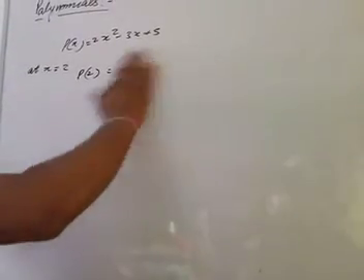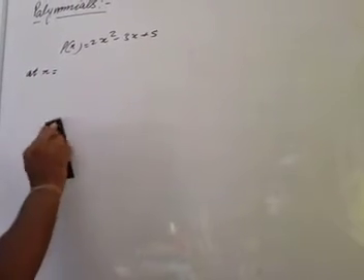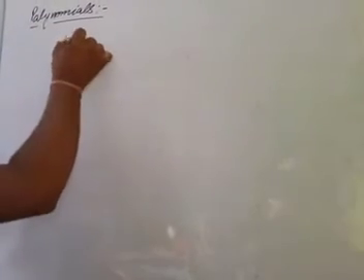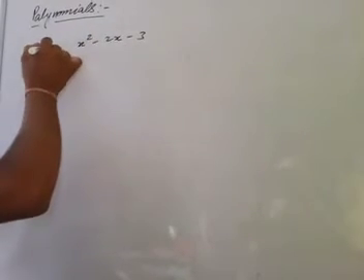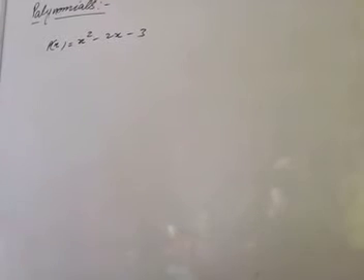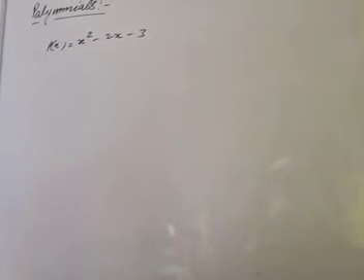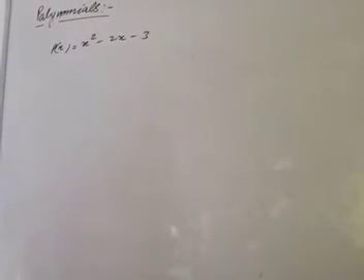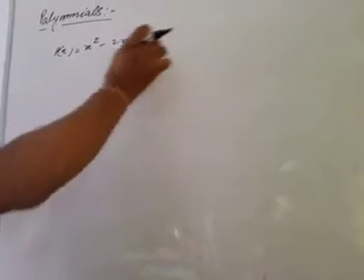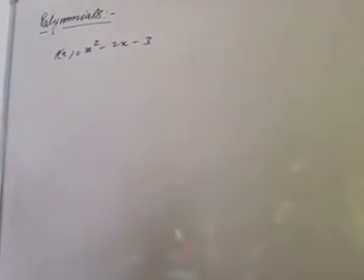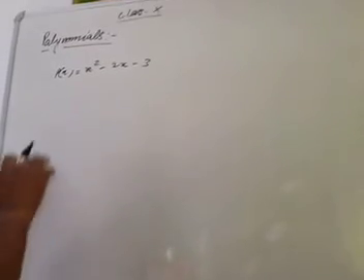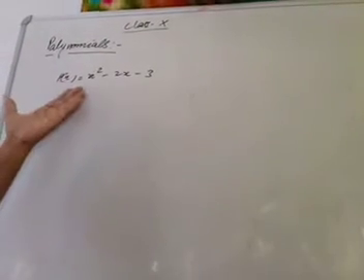So we have to find the value of x at which this becomes 0. Suppose a polynomial is there, x² - 2x - 3, p(x). Okay, now we have to find the value of the variable at which it becomes 0. So there are two methods. First one, we will put this equal to 0 and then factorize it, and from the factors we will find the value of the variable. Otherwise, trial and error method, we will put the values and check whether it becomes 0 or not.